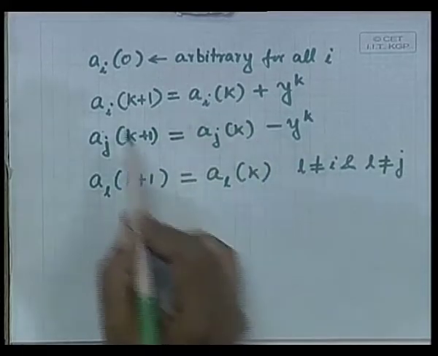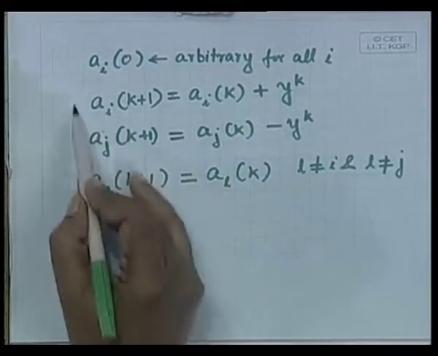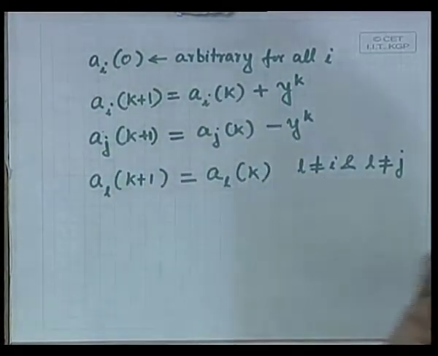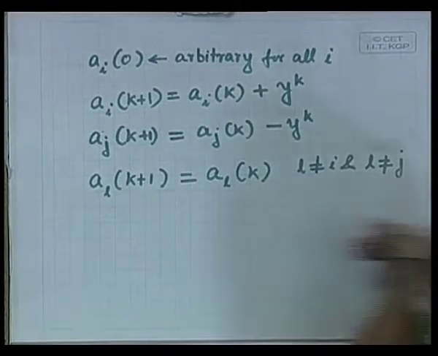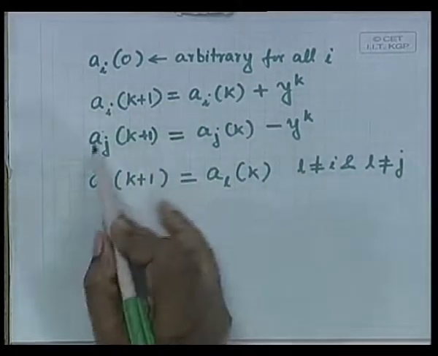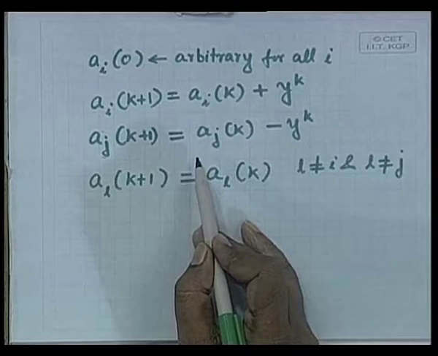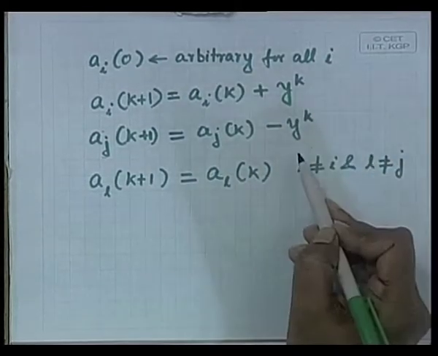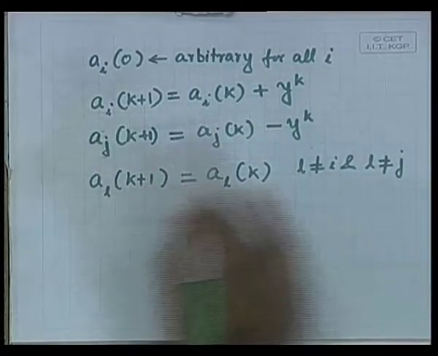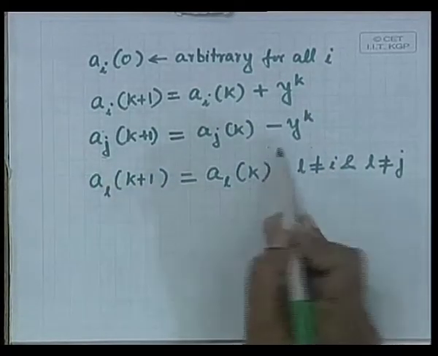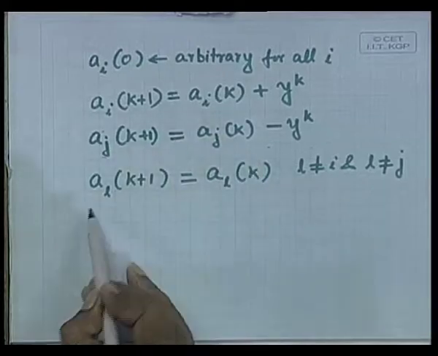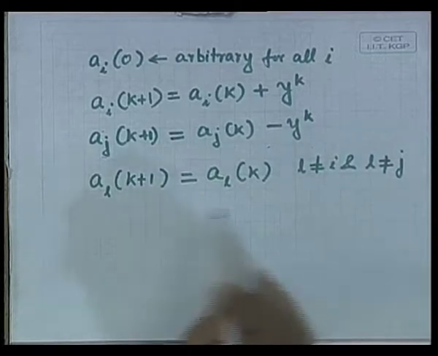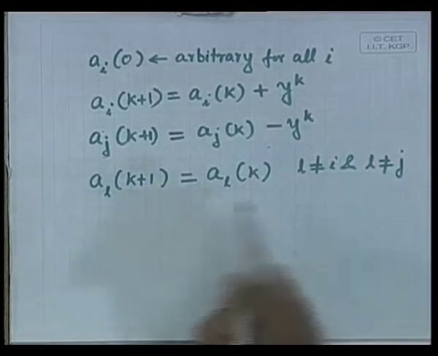Modification of the ith vector follows the same updation rule that we have obtained in the perceptron criteria. Modification of the jth weight vector A j follows a similar updation rule, but instead of incrementing we are decrementing it. So, A i is actually rewarded, A j is penalized. All other weight vectors other than A i and A j remain unchanged, because these weight vectors really do